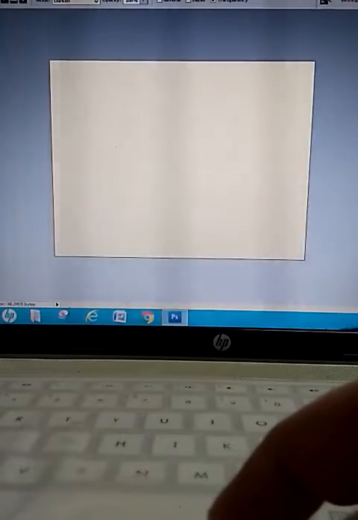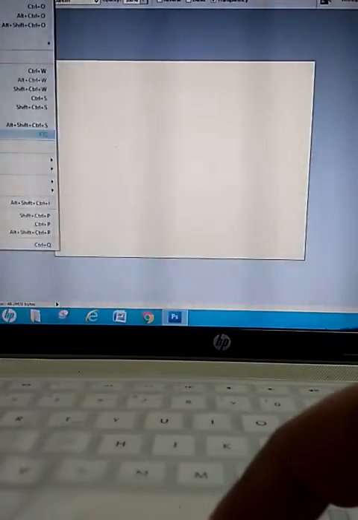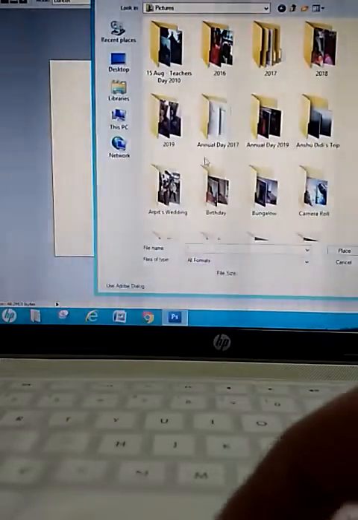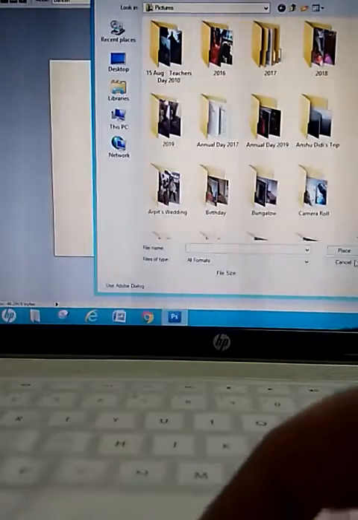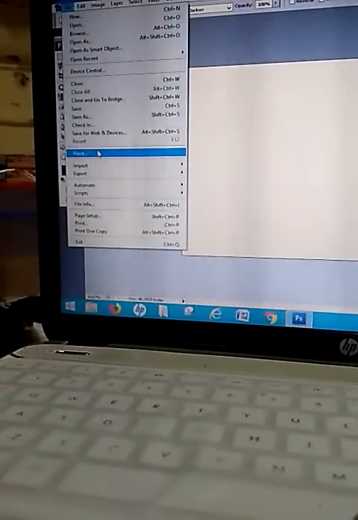Now first of all we have to place a file that you want to apply as a gradient. I will again go into the File menu and choose the Place option. This is your Place option.